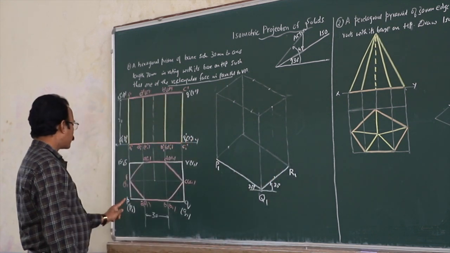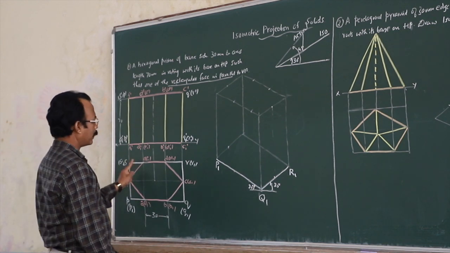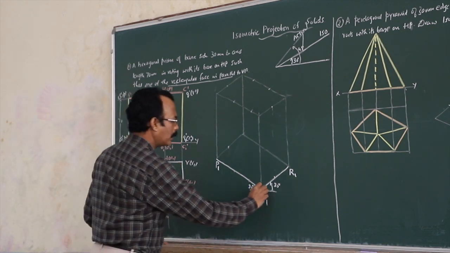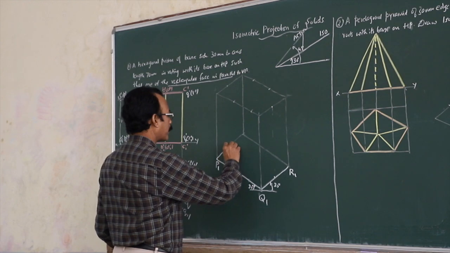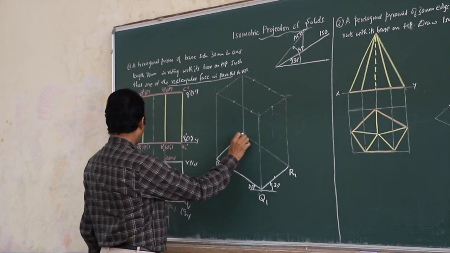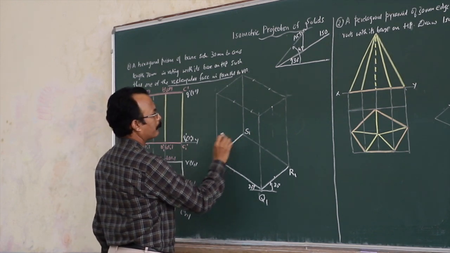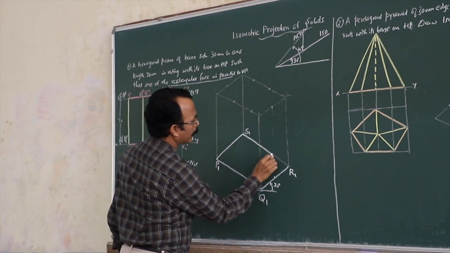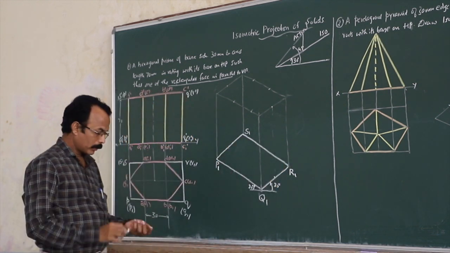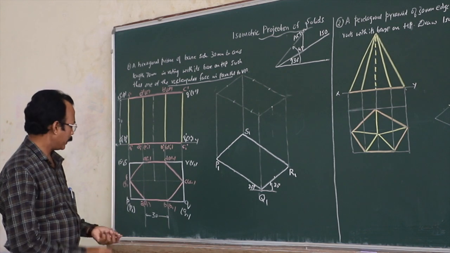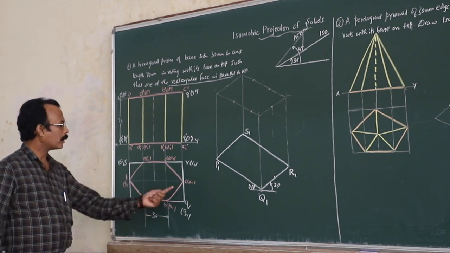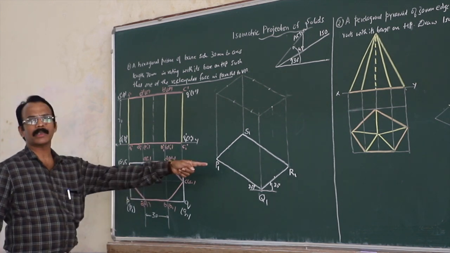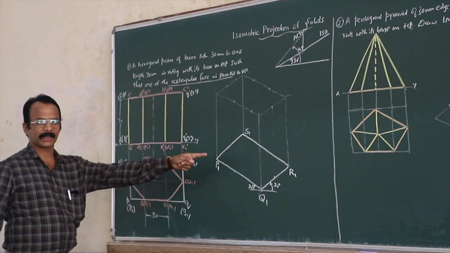Then you can observe this line P1 S1, it is parallel to Q1 R1. So to this line, you draw it parallel here. So you will get this point S1. So now you can complete this here. Okay. Next what you do is, you have to get all these 6 points on the respective edges there.